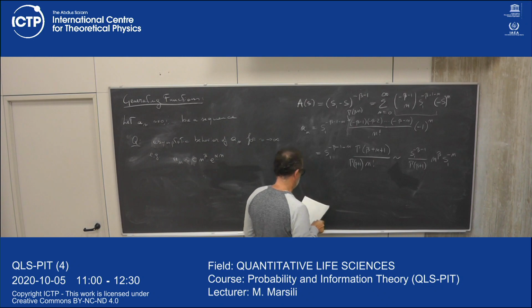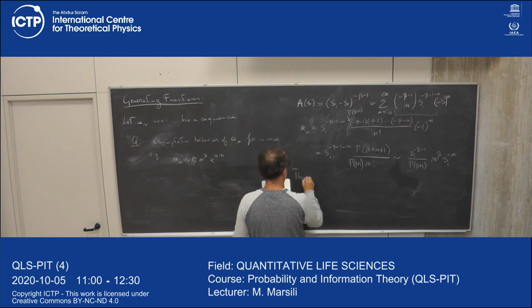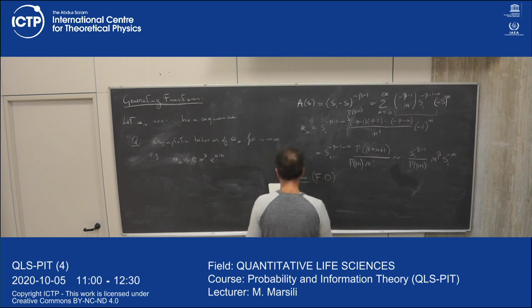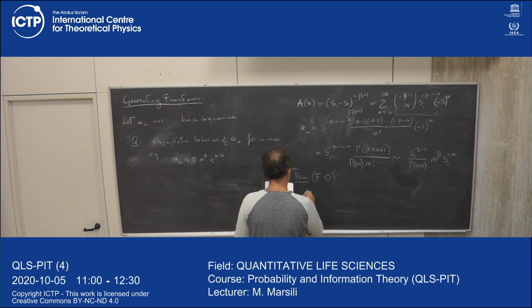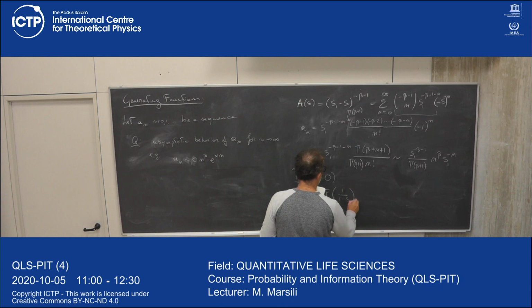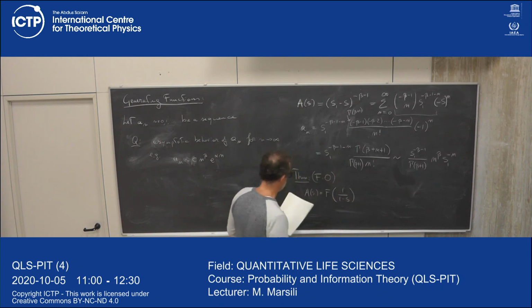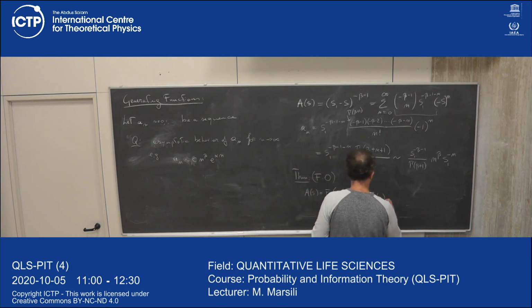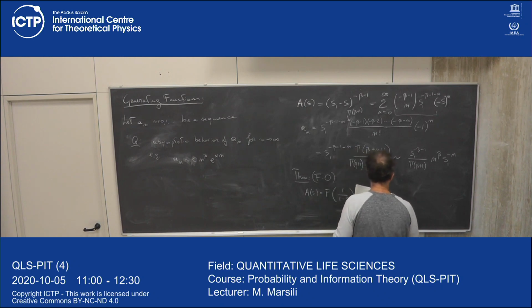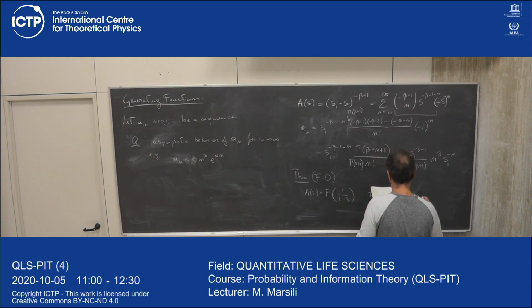So there is a theorem by Flajolet and Odlyzko that says that if you have a generating function which is a function of 1 over 1 minus s, here I'm just setting S1 equal to 1 for convenience, where f of u, as a function of u, has an asymptotic behavior given by u to the beta times log u to the gamma times log log u to the delta. Then